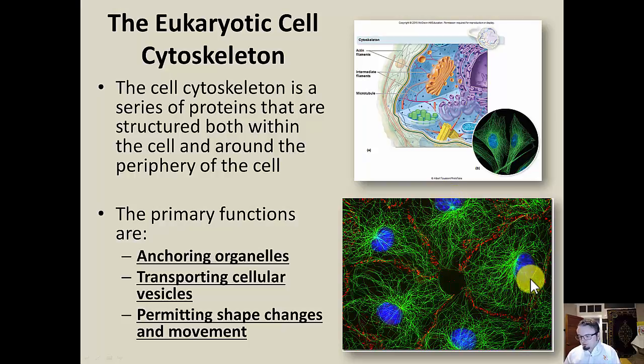So this blue is the nucleus, you kind of see where the center of the cell is, and then all around it here you see just the cell cytoskeleton. So you can see how this permeates inside the cell and generates this kind of scaffolding that the cell can then be supported around.